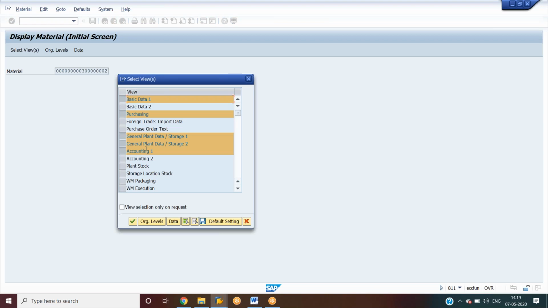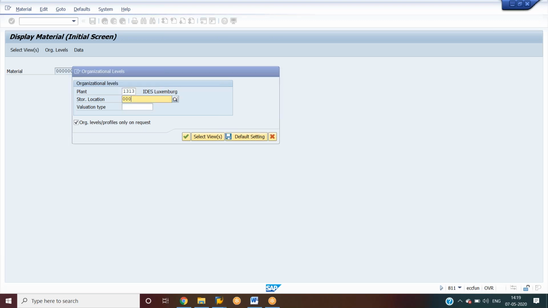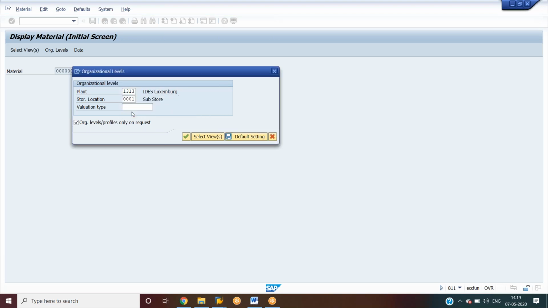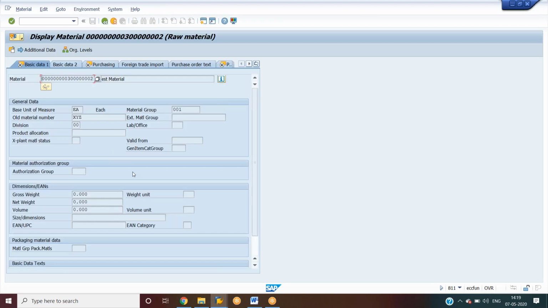I'm selecting, and the default view is selected because of the default settings. Click on organization level, give the plant and storage location, enter. This is how, by using MM03, the material master will be displayed.